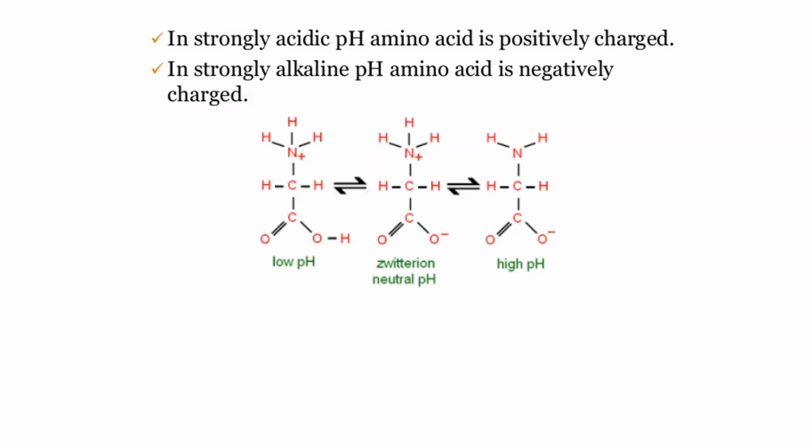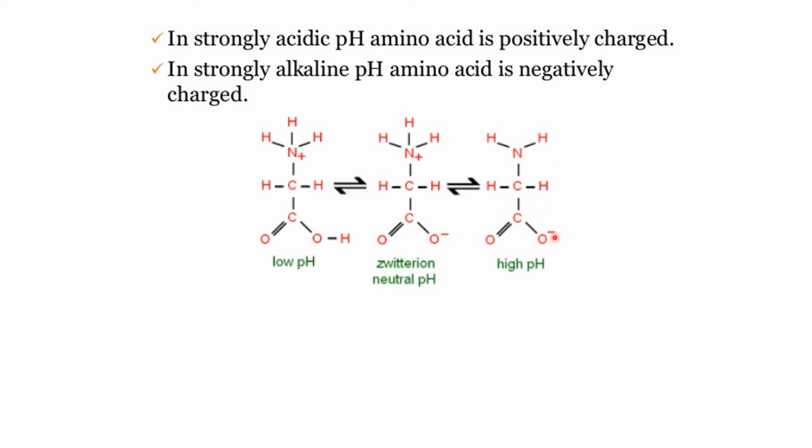Okay, now what is this actually? This is the Zwitter ionic form already discussed, which is at neutral pH. Why is it called neutral pH? The reason is it has both positively charged as well as negatively charged species. Now in this case you can see there is only one positively charged species over here, and here you have C double bond OH. This is low pH. Why low pH? Because it is full of protons. When more H+ is present, it goes to the more acidic side, and if it is on the acidic side, it is of low pH. But when you talk about this, you have CO minus over here.